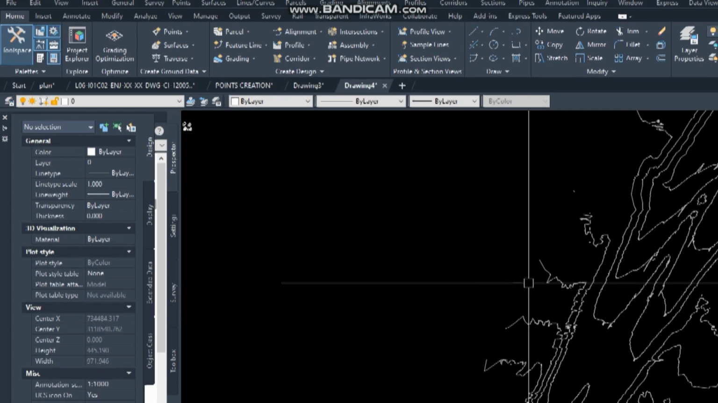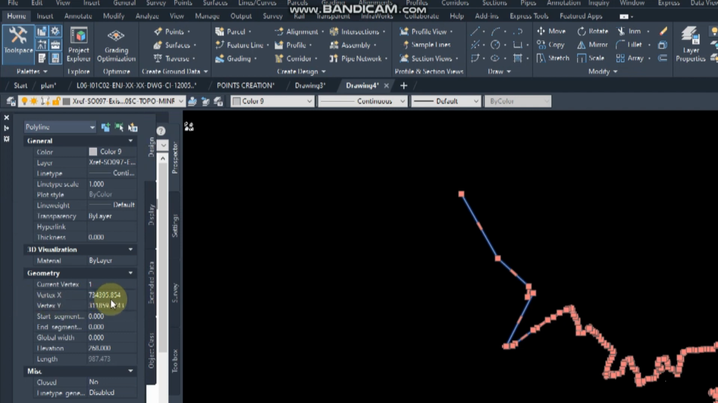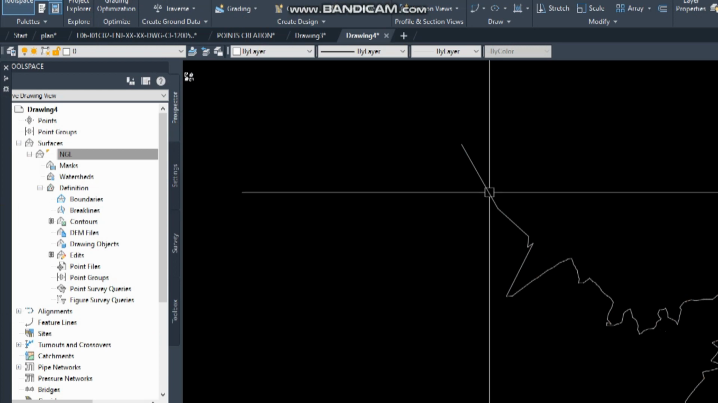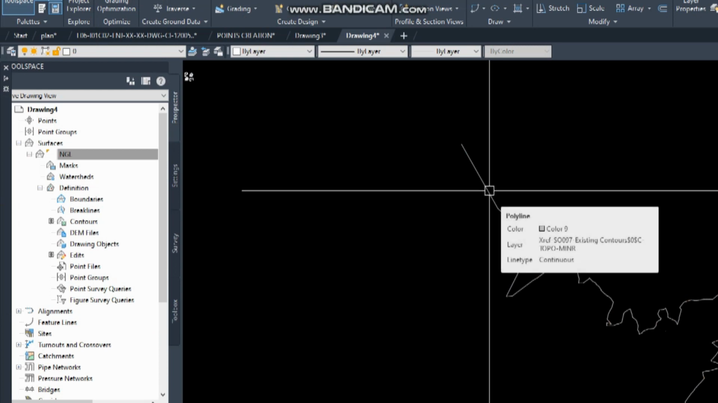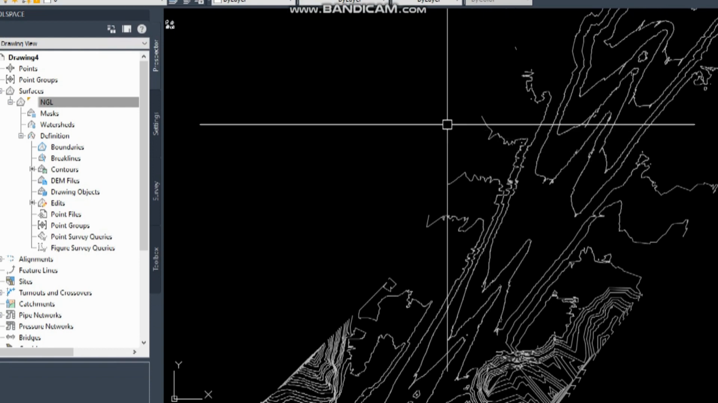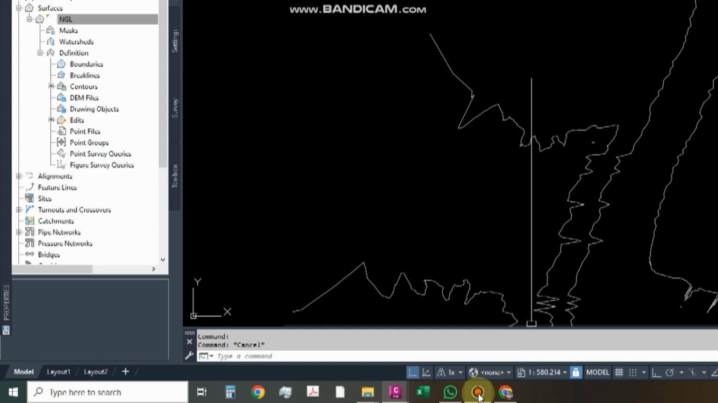The contour line must have elevation. Before you change these contour lines to a surface, you should check in properties that the contour line has elevation. You can see 268 is the elevation for this, and all contours have elevation. So if your contour lines have elevation, then the surface will